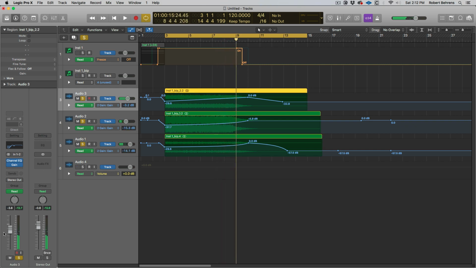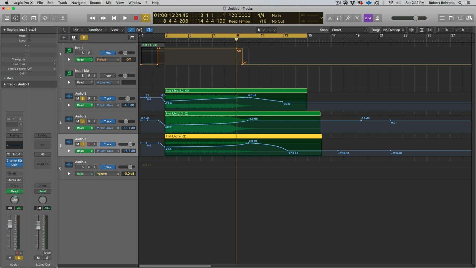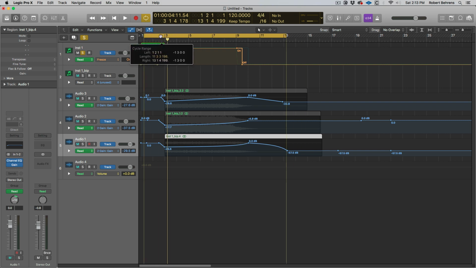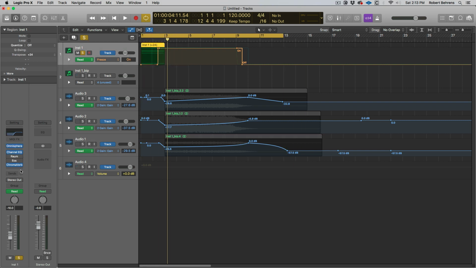And once you get to this stage, you can actually do a little bit of panning. Put your favorite one down the middle, and then do a little panning, make it sound a little wider. Now what you could also do, let's go back to this track here. You can use,